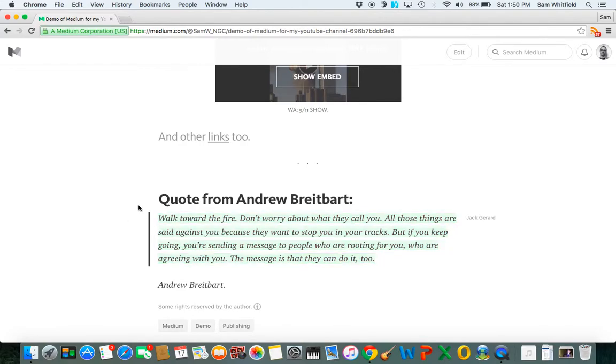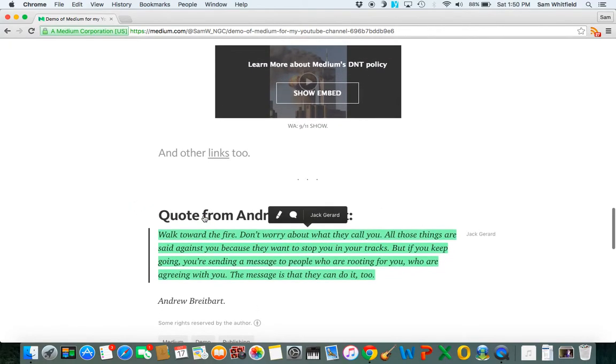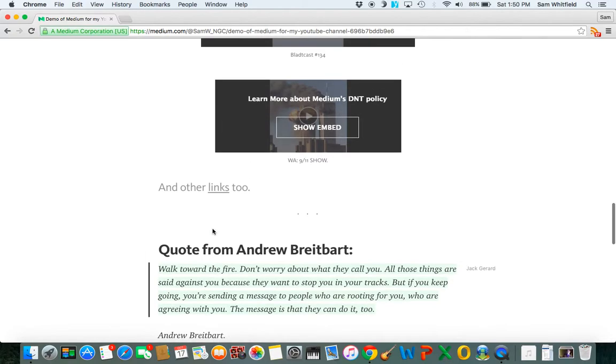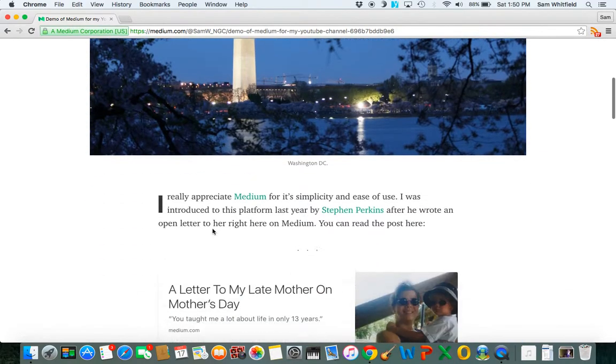Basically, if you're reading an article and you come across a particularly meaningful passage or section, you can literally highlight it and it will turn green, and then you can comment on it, or you can highlight it and quote it. It's really cool. Let me give you an example.